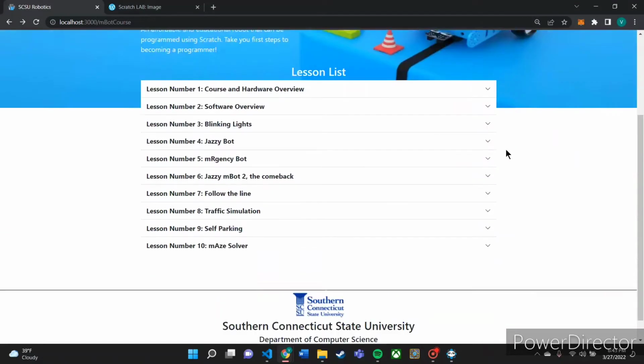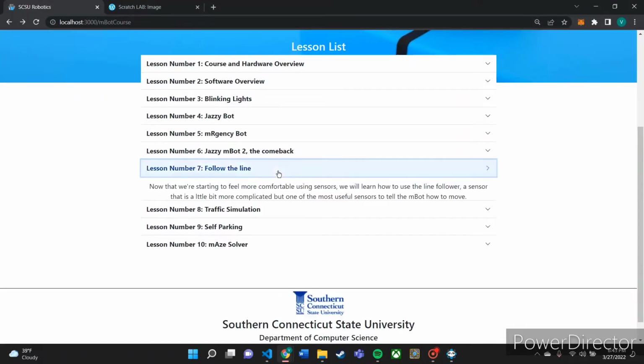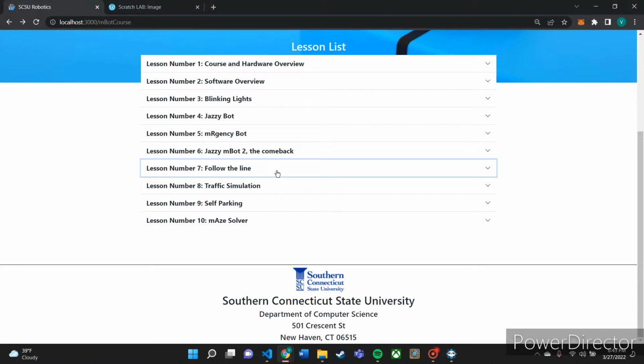Okay, so in the last lesson, that was lesson number 7, we learned how to use the line follower of the mBot to teach it how to follow a path that's defined on the floor. So in this case now, starting on this lesson, we're going to start taking elements from lessons that we used before, and implement all those sensors and all those things the mBot has,